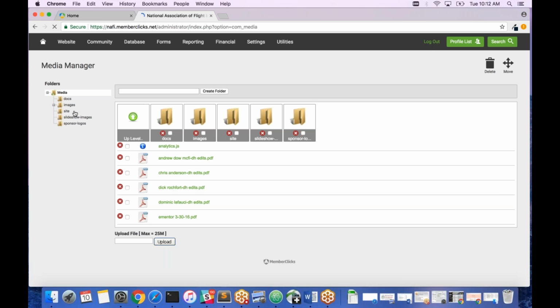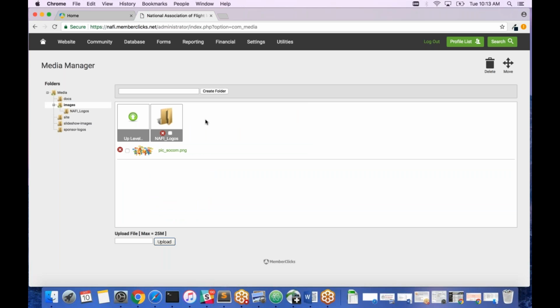And in order to link any of your documents to any of the articles that you're creating, or to add images to the articles you're creating within the website, you'll need to first save them in the media manager. So you'll never be able to just copy and paste an image into an article. Always need to access that media manager when you're inside of an article, building out that content. But just wanted to first go ahead and point out you have a documents folder, an images folder